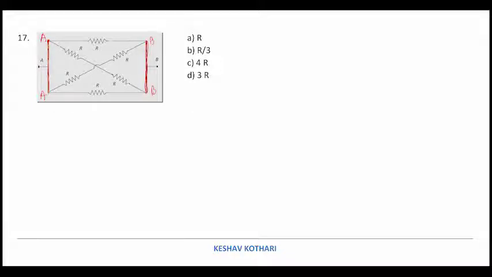So between A and B, I am unable to mark any other network. So if we do the diagram, this is A and this is B. The first resistance, which is this one, is directly connected with B. So I say there is the first network which is equal to R.